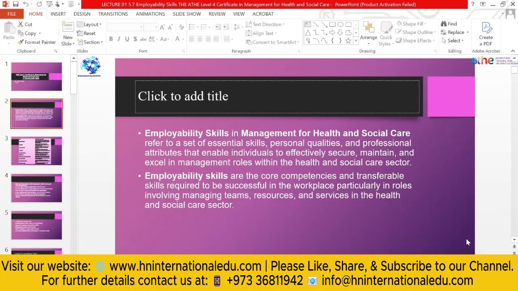These are the core competencies and transferable skills required to be successful in the workplace, particularly in roles involving managing teams, resources, and services in the health and social care sector. I would say that this does give a competitive edge when we talk about employability skills, because it's mandatory. Whether you have a doctor's degree or any degree, if you want to open a cafe or start a new business, it is mandatory to do a master's in business administration, an MBA. It's a mandatory thing